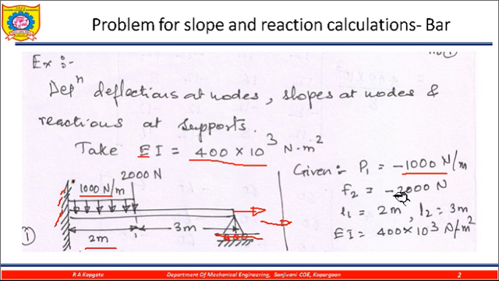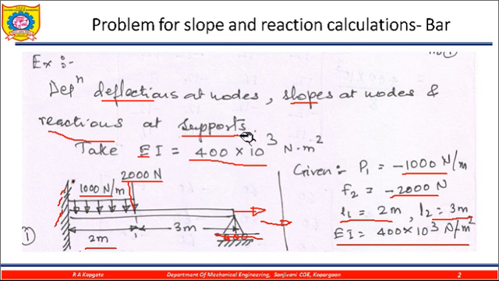Then the point load is again applied in the negative direction, that is minus 200. Why is it minus again? Here we have shown the plus, but this is in the opposite direction of y. Then the length is given, L1 is equal to L2, and the EI value is also given. This is what is given in the problem, and we are interested in calculating deflection, slopes and the different reactions at the supports. The supports are this one and these.